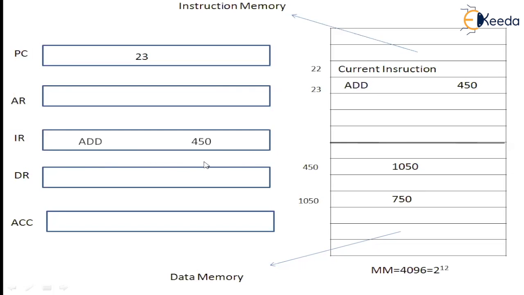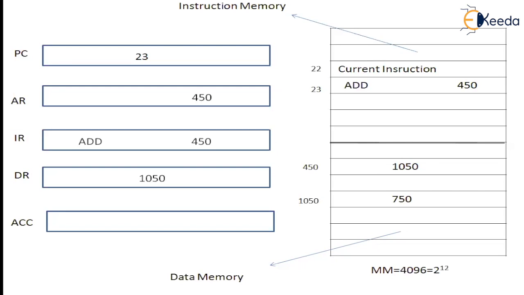Okay, but can the instruction register locate the addresses? No, the instruction register cannot locate the addresses at all. So for that reason, who can locate the addresses? Yes, you are right. The address register is the only one that can locate the addresses within the main memory. For that reason, what we do is we transfer 450 back to the address register. The moment you transfer 450, immediately 450 will get located in the main memory, under which there is an operand that will get transferred to the data register.